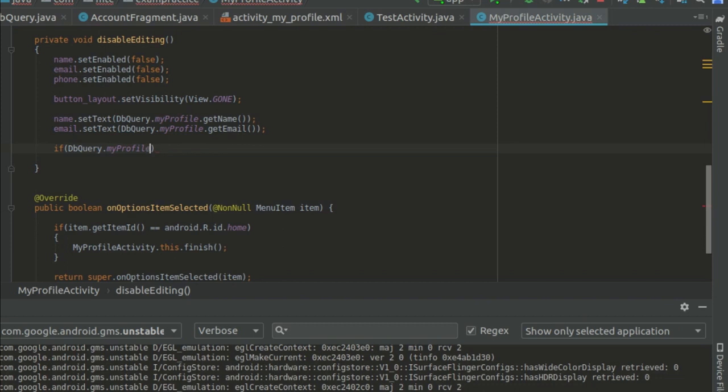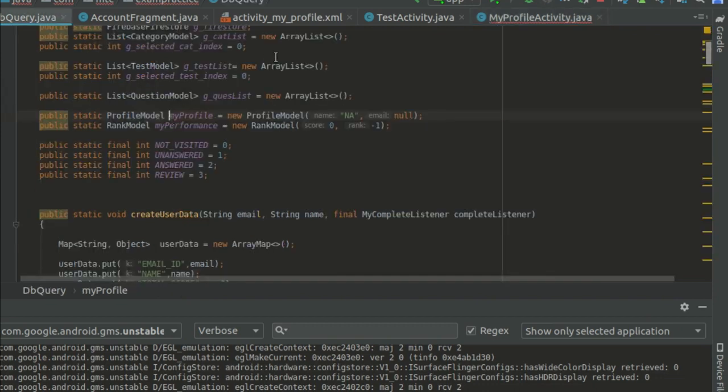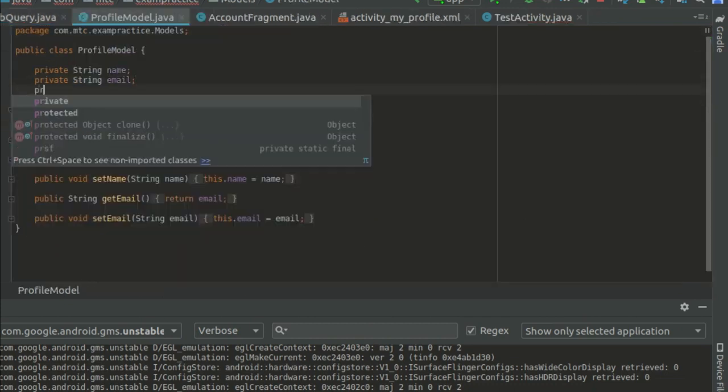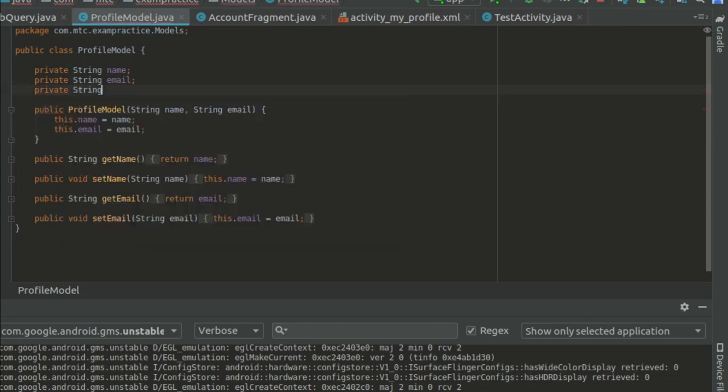Okay, we don't have a phone number in my profile, so let's add it. So go to this my profile in db query. Here this is profile model, so go to the profile model dot java class. Here add another field, that is private string phone number, that is phone,